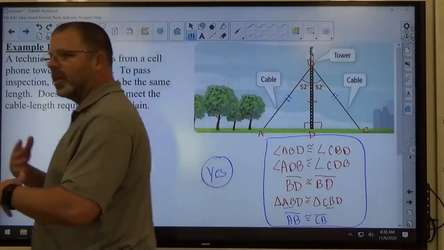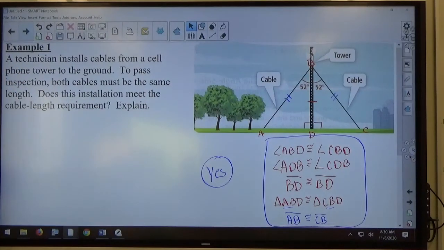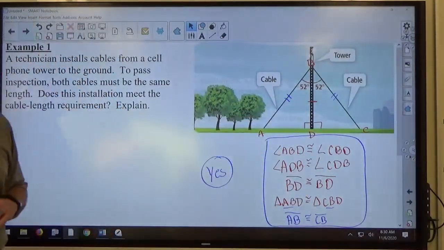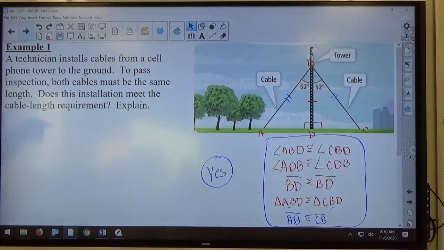In all these problems where it says to explain, just give me a list of all the statements you would have in a proof. That's an explanation. Again, if it's not saying to prove it, I don't need the actual formal proof. I don't need statements and reasons, but at least give me the statement column. I want you to be thinking through the process. I'll believe that your brain was going towards the proving ideas if you do that. That demonstrates a good logical sequence of events there to allow us to make that